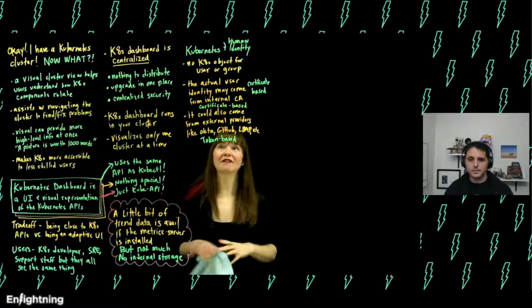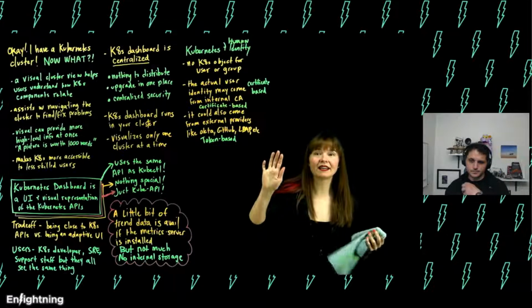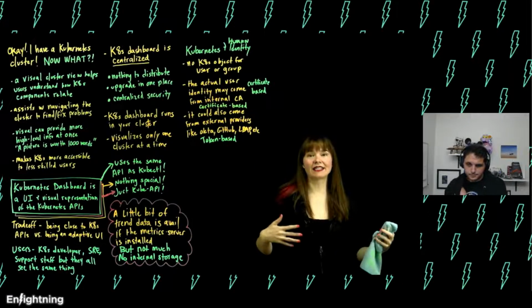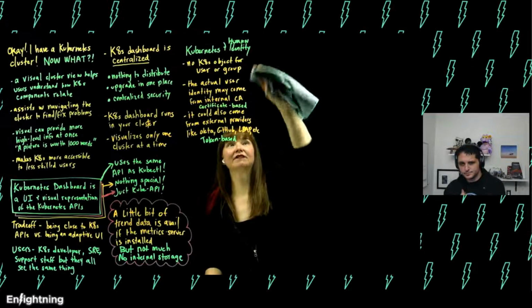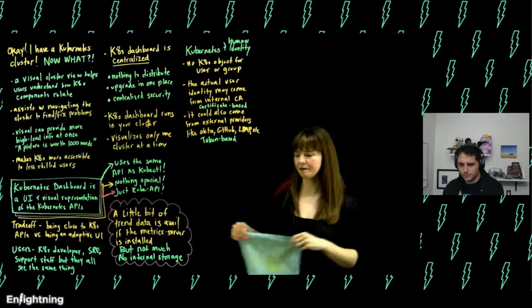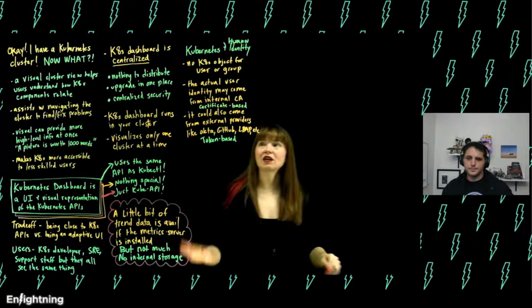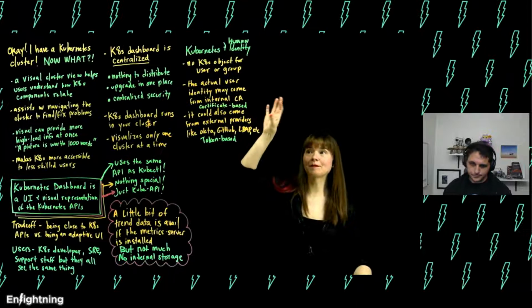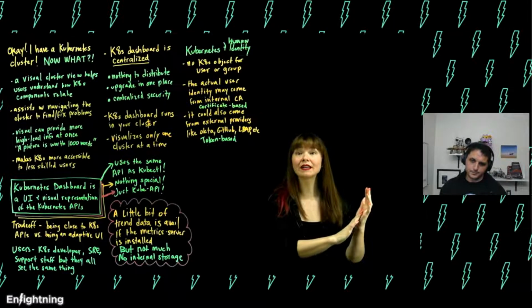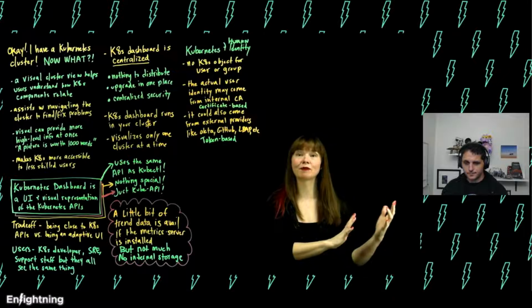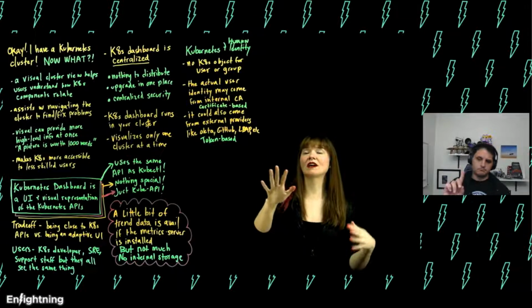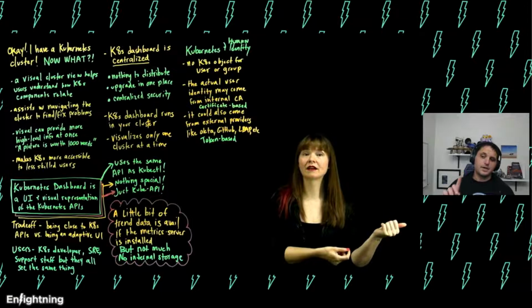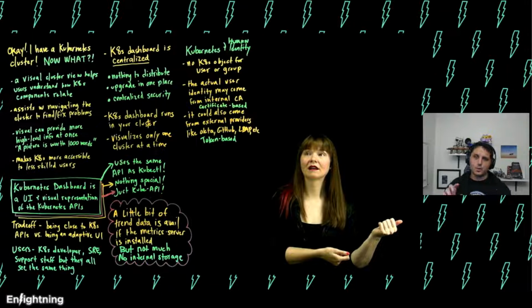Okay, so basically users need some way to have identity in the cluster, and Kubernetes doesn't do identity natively. Like there's no object called user. That identity can come either from a certificate authority that might be internal to your company, it might be running in your cluster, or it could also come from external providers. The certificate has to come, as of right now, there's been talk of expanding this, but